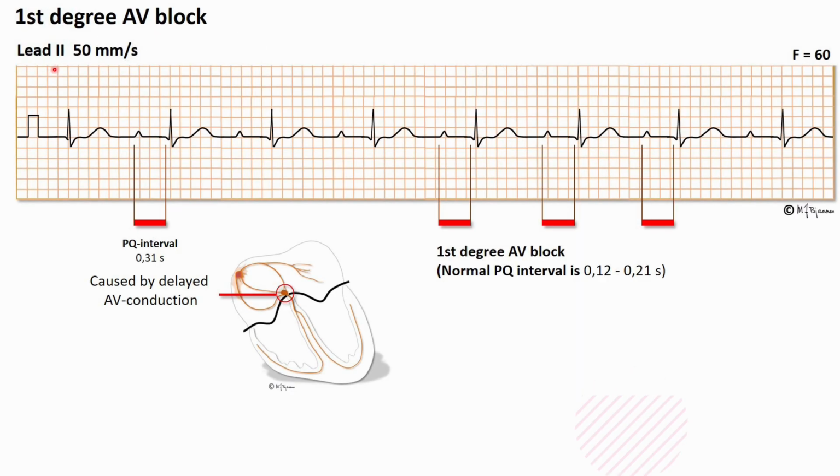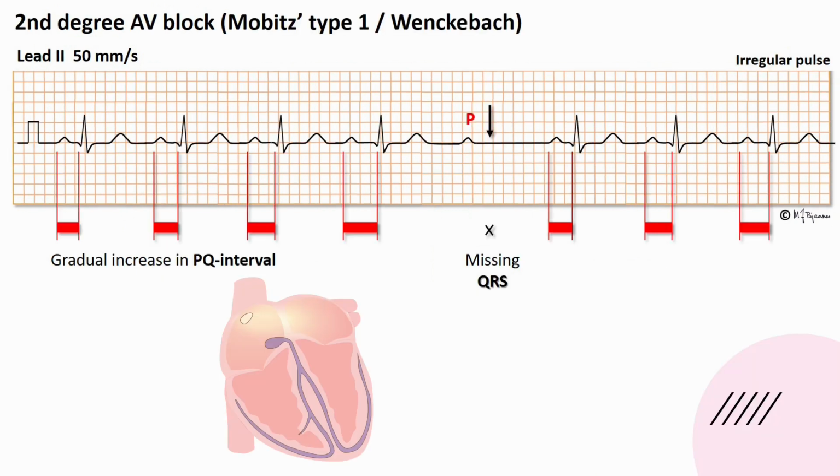So first degree AV block, as you can see here, guys, the PQ interval, or the PR interval, is just longer than usual. It's longer than it should be, more than 3 small squares. In second degree AV block, however,